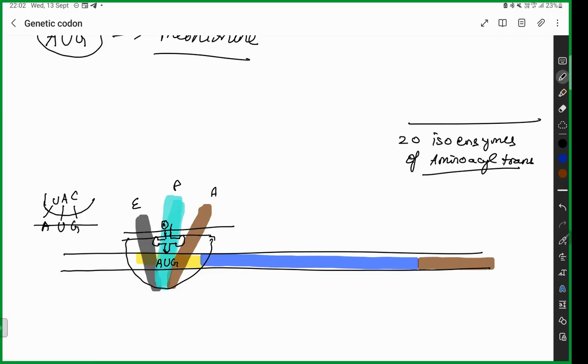So in a protein, the first one is methionine. After that, you can have arginine, or valine, or tryptophan, or phenylalanine, whatever it is. You have such a long sequence that you need to understand that someone is going to come and sit at that place. Who is going to come depends upon the codon. Once you understand all these things, next what you are going to do is